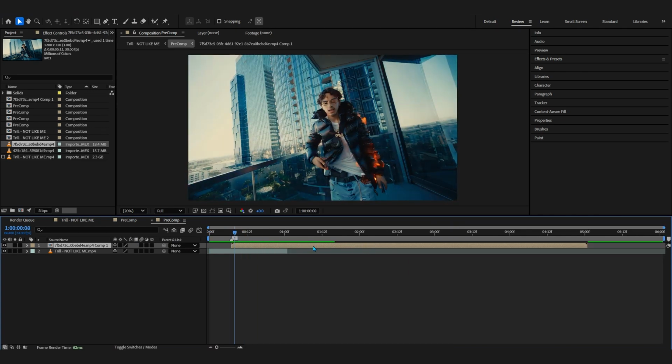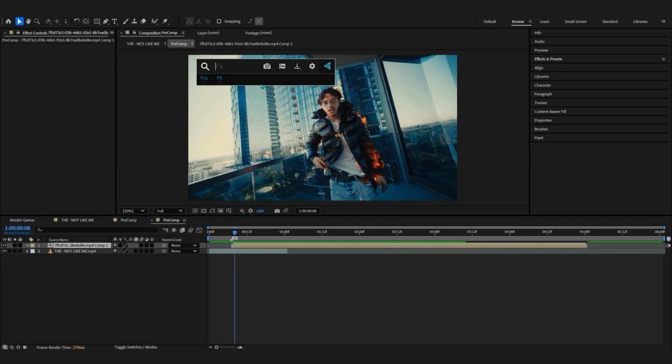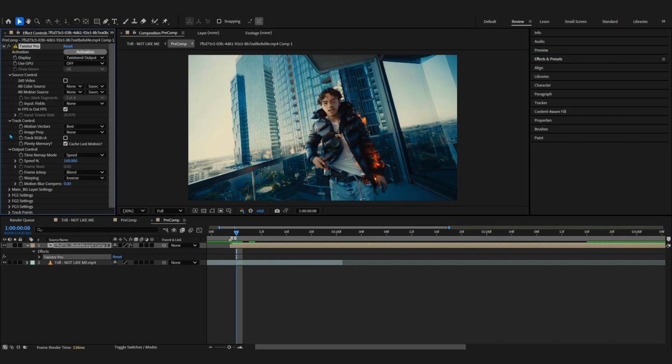So to fix that, what I like to do is Control Z to undo that, and use something like Twixtor Pro. If you don't already know, this is a slow-mo plugin. I'm not sponsored by this either. I use it on a daily basis, so I'm just putting it on the sauce, you know what I'm saying? So firstly, in the speed, what we're gonna do is make it 200 and hit the stopwatch,